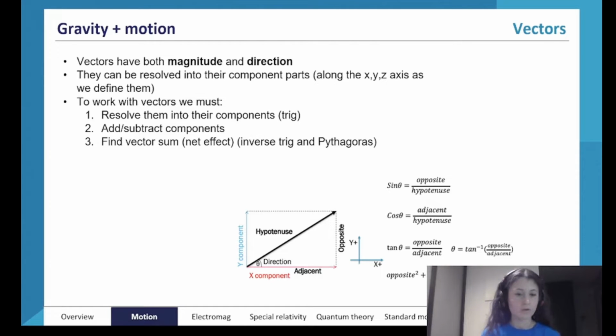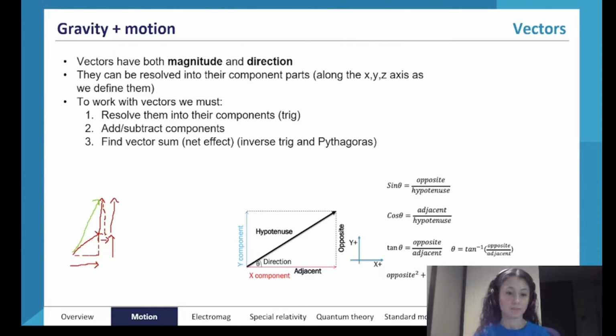But really quickly, what these steps are describing is if you have, say, two vectors like this, and you wanted to add them to find the resultant vector, this green one here, you would need to find the horizontal and vertical components of each, and then add the horizontal components, because that's going to give you the total horizontal component, and then add the vertical components. We're going to get into a few examples of that in a second.